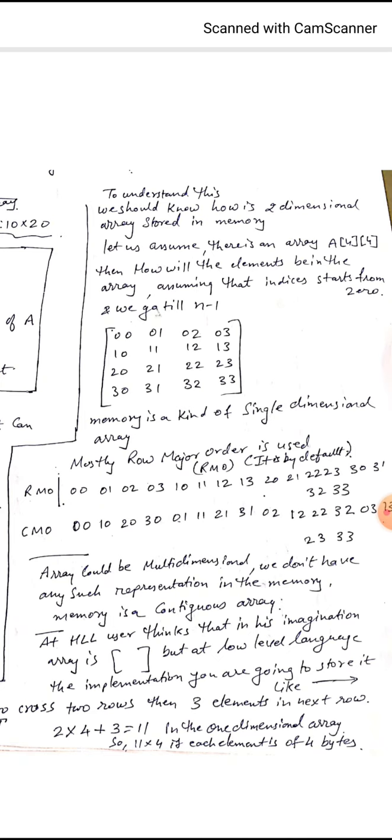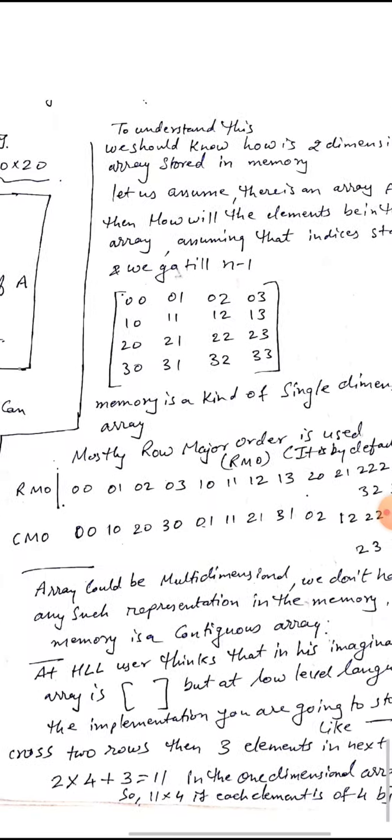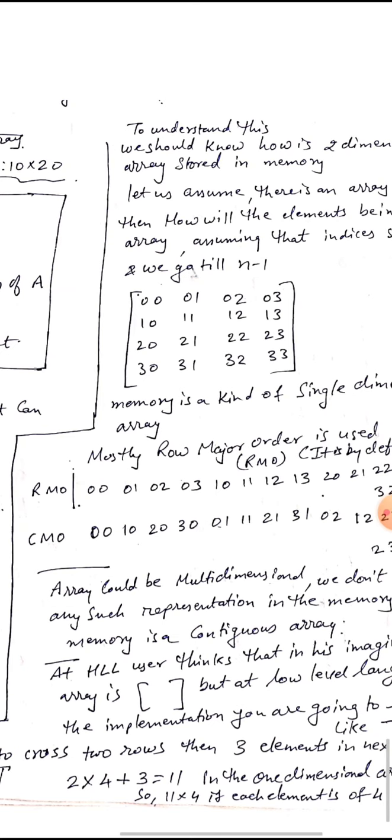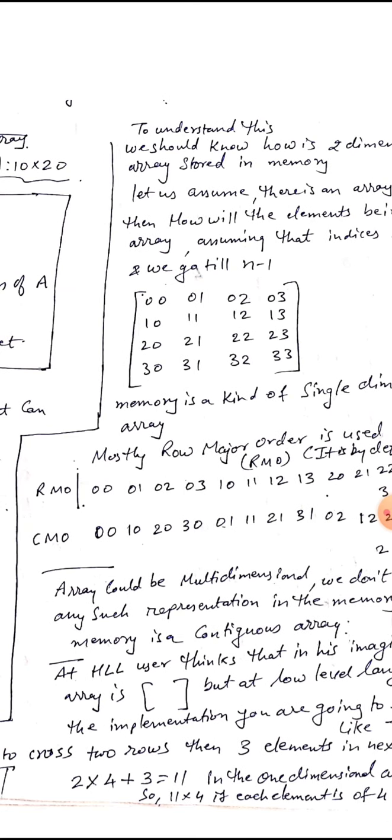You are supposed to store this inside the memory in a single dimensional way only, right? So memory is a kind of single dimensional array. Now when you are looking into this array, there would be two ways in which the representations could be stored in the memory. One is row major order, that is RMO, wherein all the rows will be stored: 0 0, 0 1,